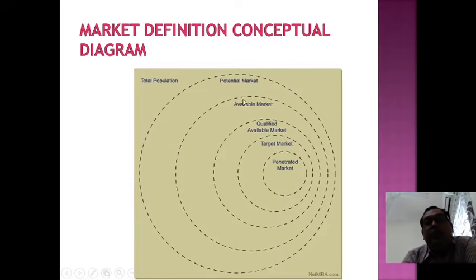7 million people looking to purchase a house. Might be only around 1 million people from the 7 million who want to get a single story terrace house. Then the persons who are really qualified to purchase the single story terrace house might be just 100,000 from 1 million. From the 100,000, the targeted market, they wanted to purchase a single story terrace house in Ipoh. So from the 100,000, might be just 20,000 people wanted to get a single story terrace house in Ipoh,